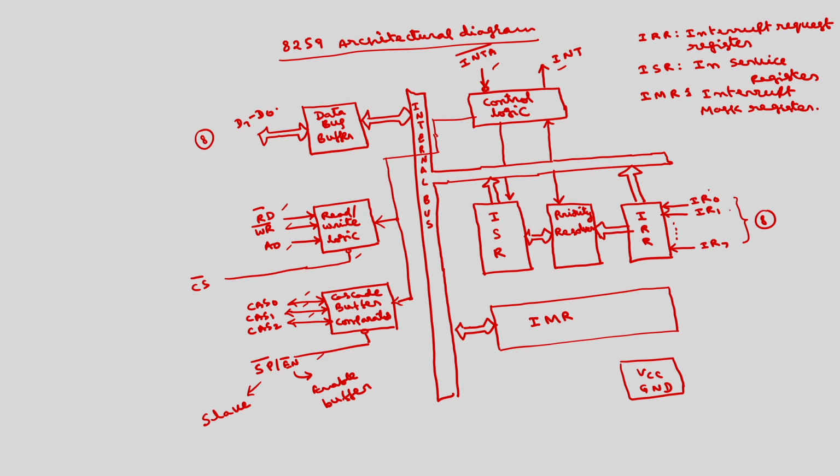whenever an IO device is connected to one of the interrupt lines of this IRR register, this will be connected to one IO device, this will be connected to another IO device, and so on. So, at a time 8 IO devices can be connected through these lines. What this IRR will do is, whenever a request comes, it will store it and give this as highest priority